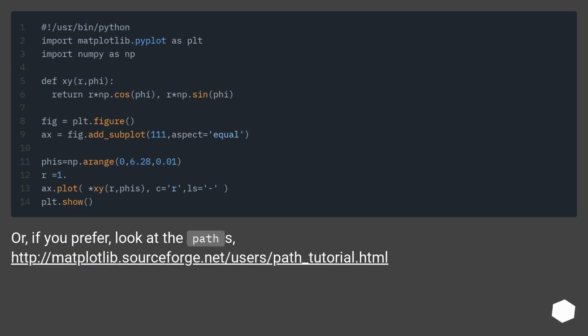Or, if you prefer, look at the paths, this URL. If you want to see more,